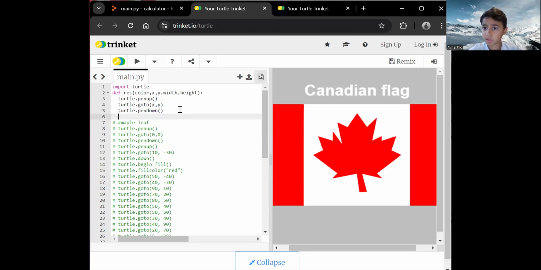Then we do turtle dot color, color. Then turtle dot begin fill. Then what we finally do is for